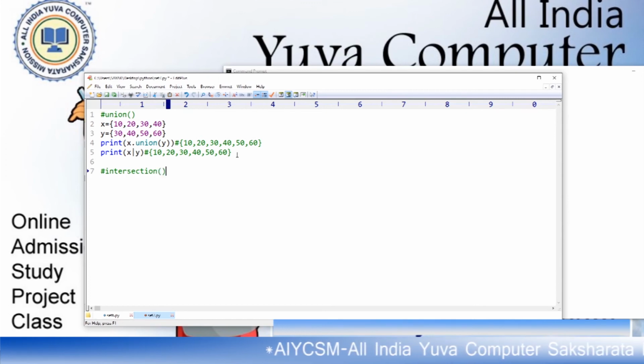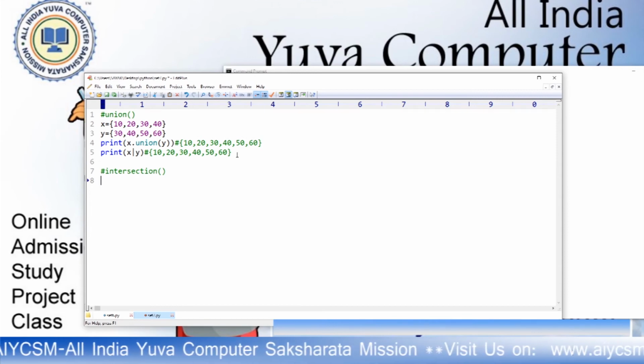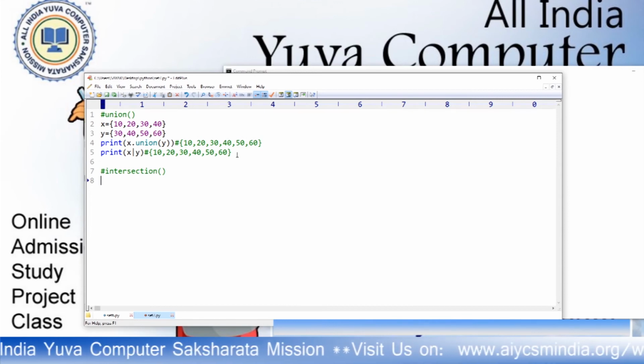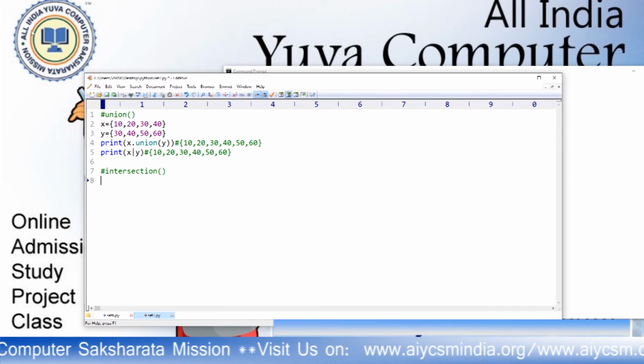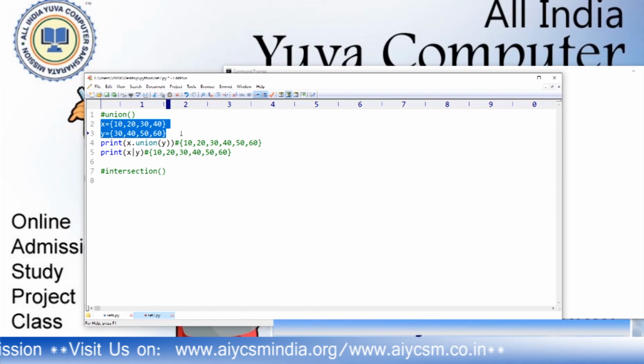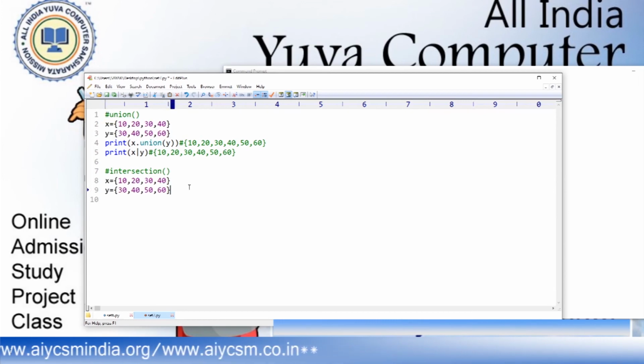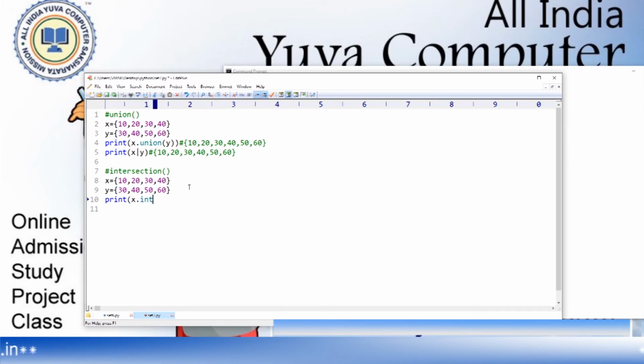So, it returns the common elements present in both x and y. Okay, the common elements present in both x and y. I use this one, this sets 2. We use this set. Now print x intersection y.